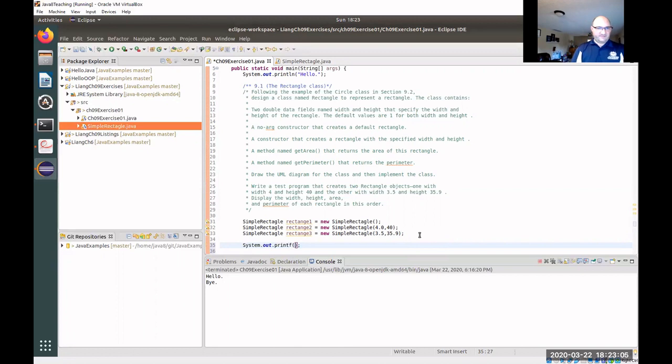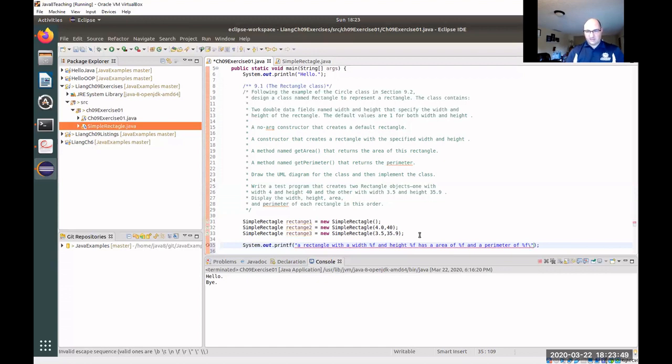We're going to use a printf, and I'm going to say a rectangle with a width %f and height %f has an area of %f and a perimeter of %f, and then